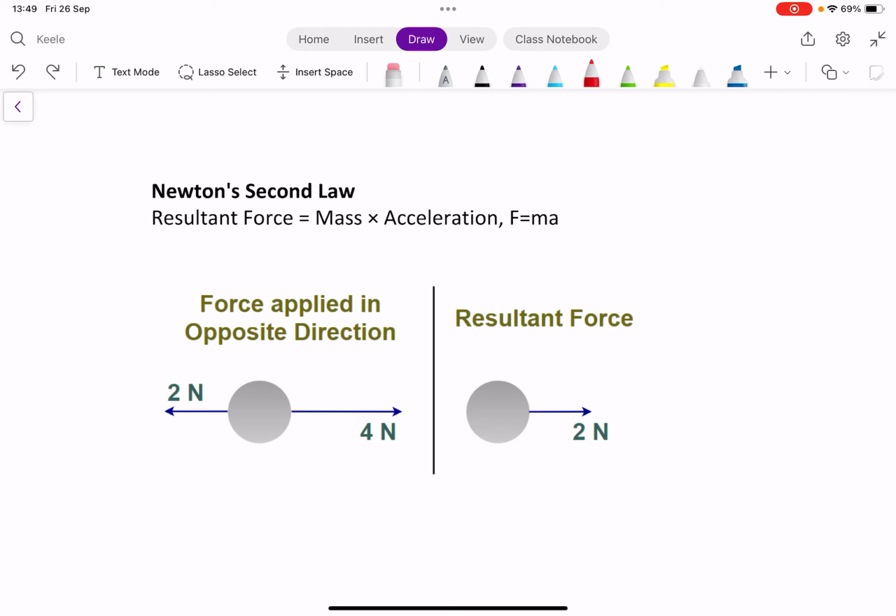Go back to the example we've already looked at, where an object is being pulled to the left and pulled to the right. The forces will partially cancel out, just leaving this 2 Newton force to the right. And it's that that causes the acceleration. It's not the 4 Newton or the 2 Newton original force. So although this is a really big force to the right, it's not that that causes the acceleration. In fact,